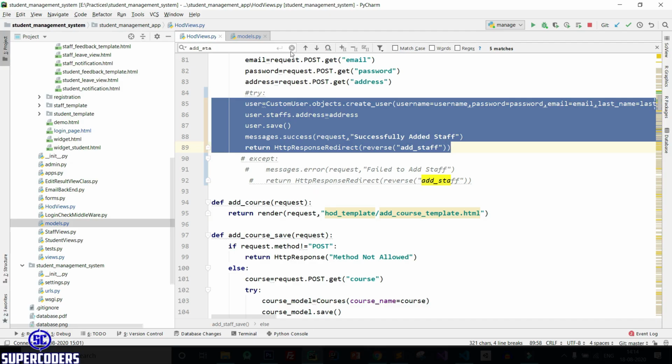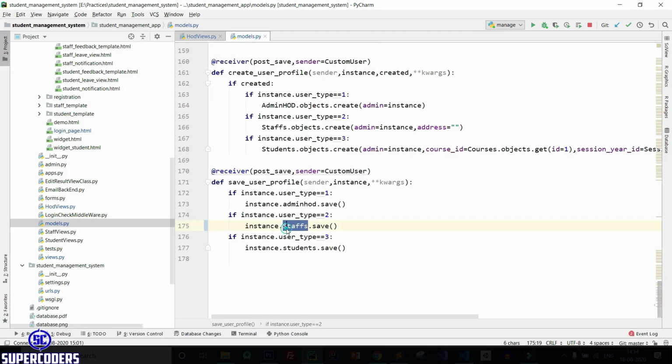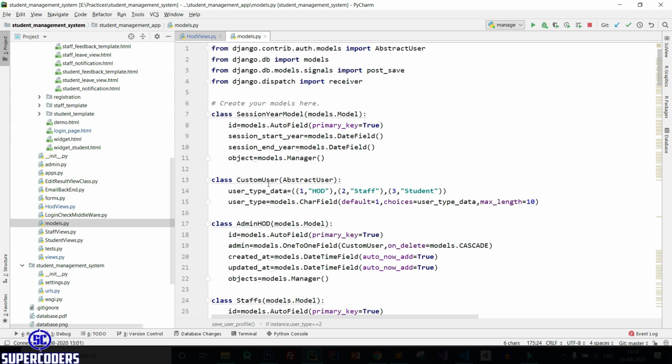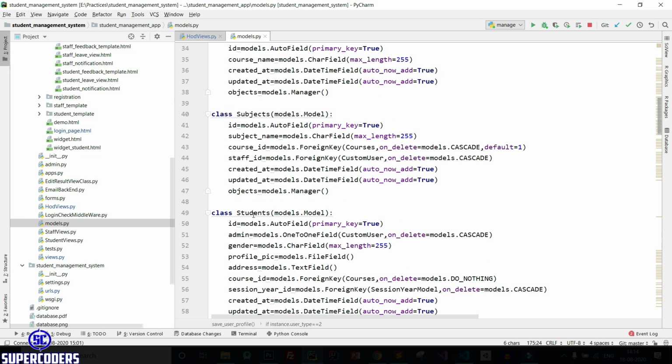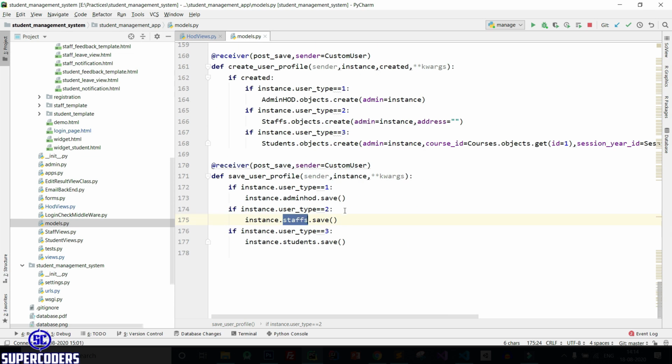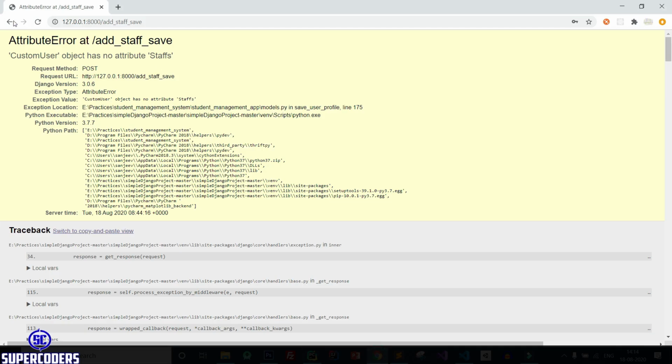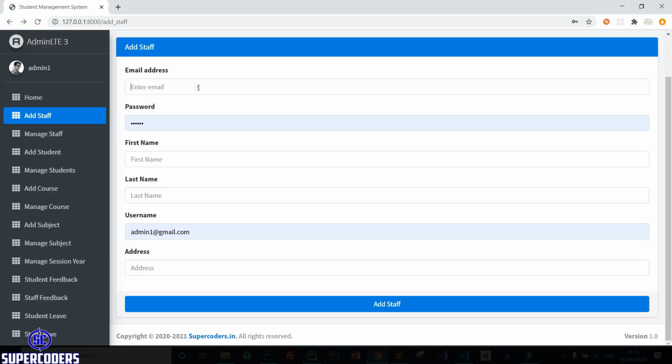it to small case. Here it is, change this to small case, save it. Also this error comes with student when you change it to Student, so change it to small case students and small case staff and small case admin HOD. I know this is the same as our model name. You can see admin HOD, staffs and student, but it must be in small case. Now save this, again back to Chrome, click on back, refresh the page, then